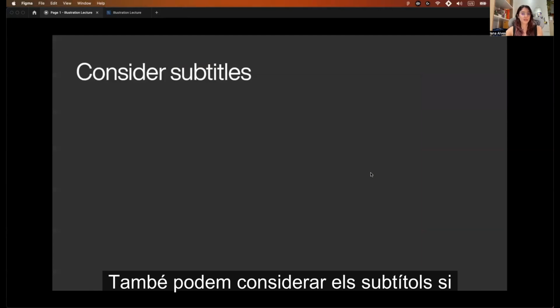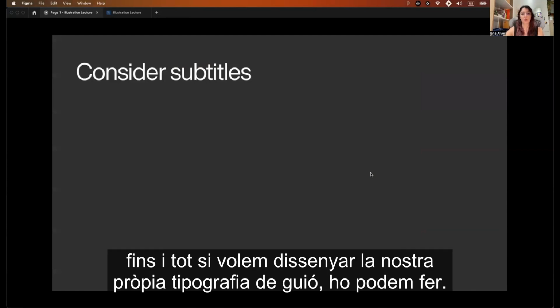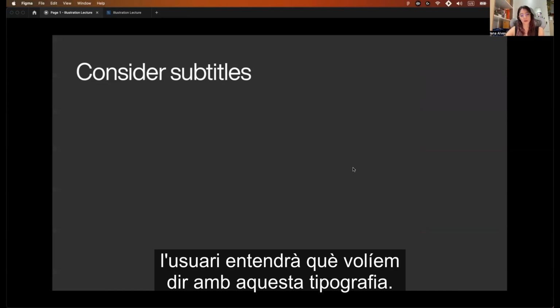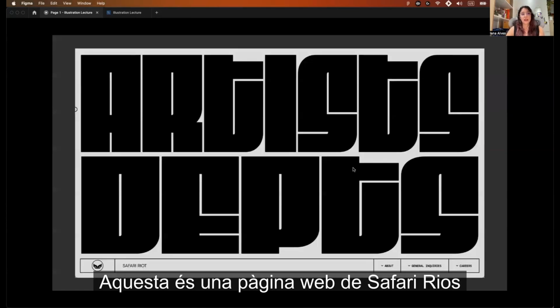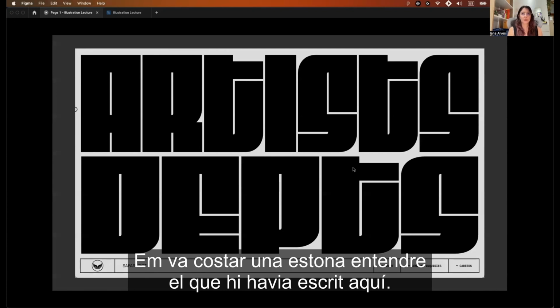We can also consider subtitles if we want to go bold with a typography choice, or even if we want to design our own script typography. We can do that, but we need to add subtitles to make sure the user is going to understand what we meant by that typography. So this is Safari Riot's webpage, and they have this very bold choice of typography on their webpage. It took me a while to understand what was written here,